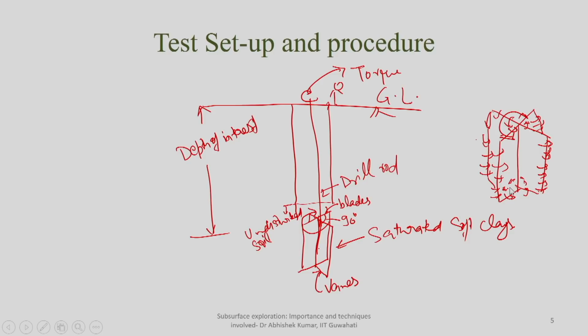So, as a result of applying torque at the surface, what is happening? You are actually inducing some kind of shear force into the soil, and depending upon at what shear force your soil is undergoing some kind of failure, that will be indicated by rotation rate. You will be able to correlate both the things, like how much is the external force and how much external force the soil is able to resist before it goes to any kind of failure, because the stress is induced as shear in nature. So, the failure will be called as shear failure. So, whatever maximum stress it is able to take before that stage, it will be called the shear strength of the material. So, this is the test procedure and this is the test setup.